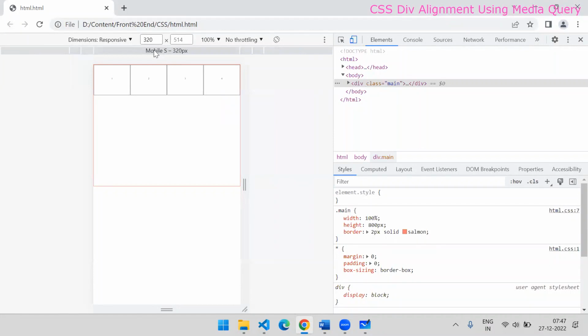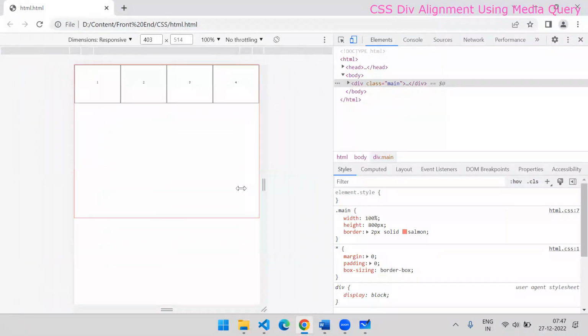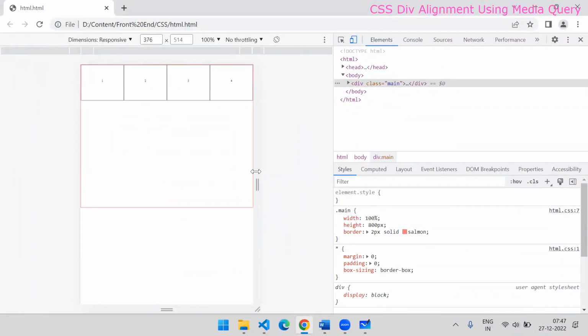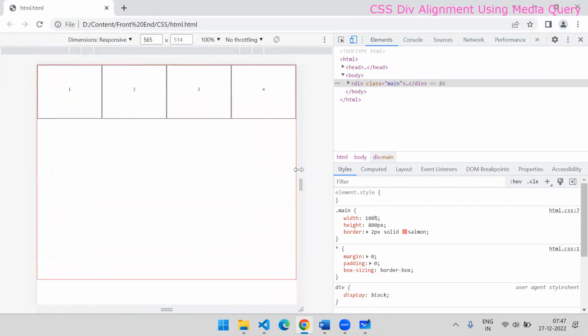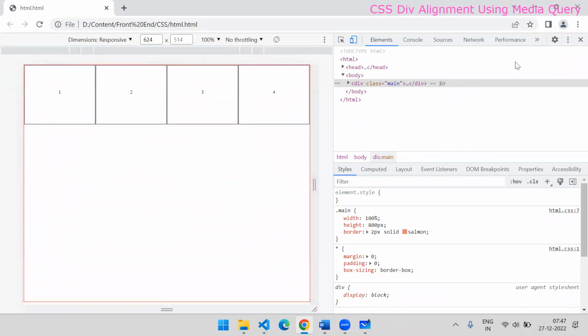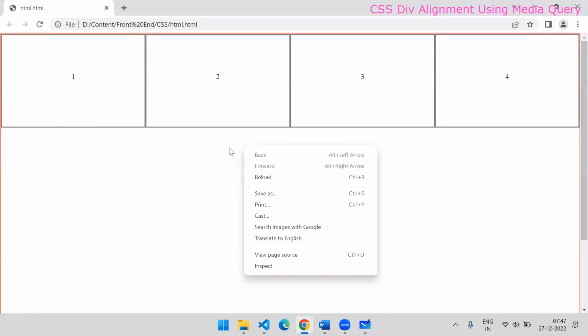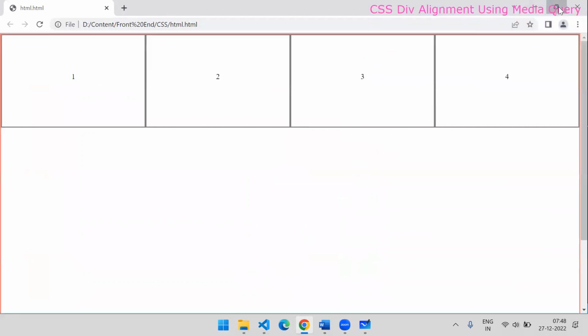Why is it taking a default property? It should change. It is not getting changed, but here we can see when I change the screen size,